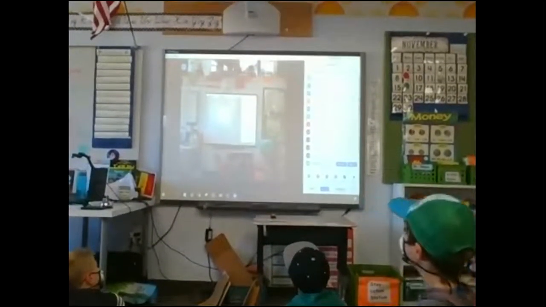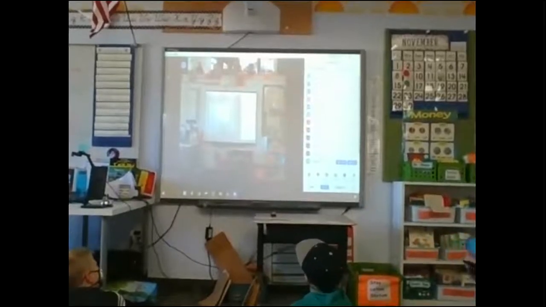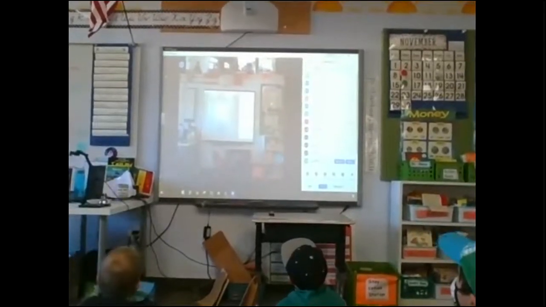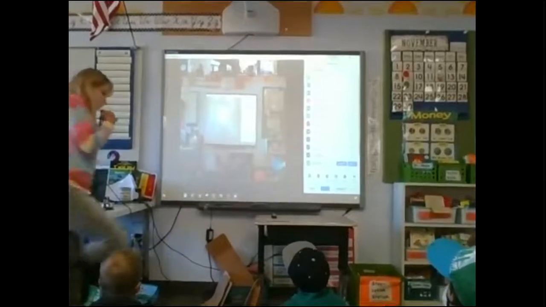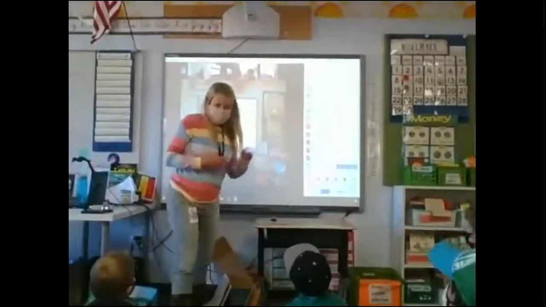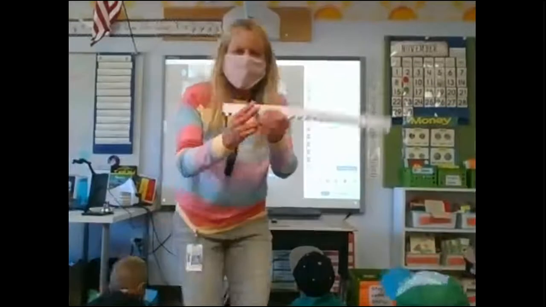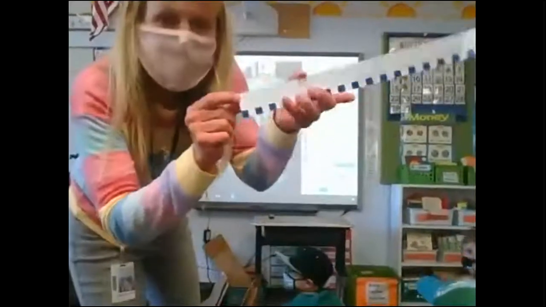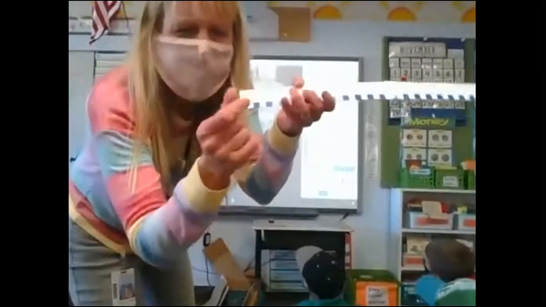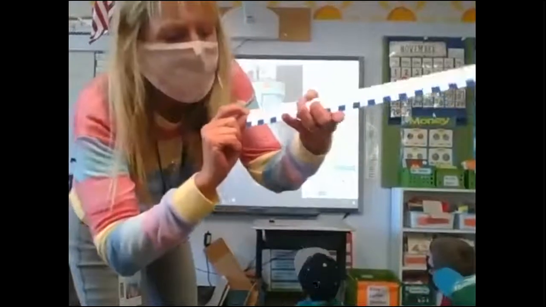So first, I want you to think about centimeters. Centimeters are small. They're not as big as inches. So we're going to do our measuring with centimeters, our predicting. So about the width of your thumb would be about a centimeter.